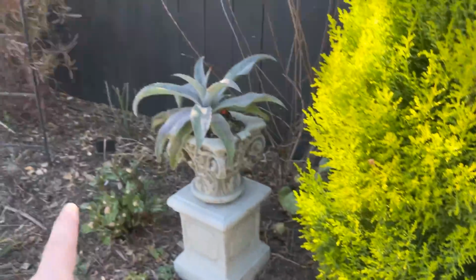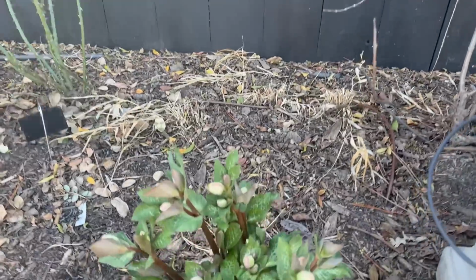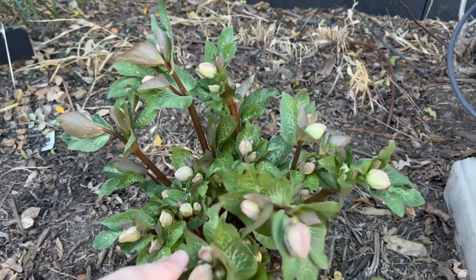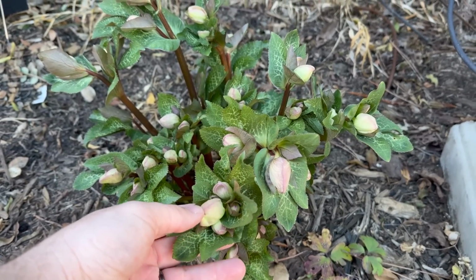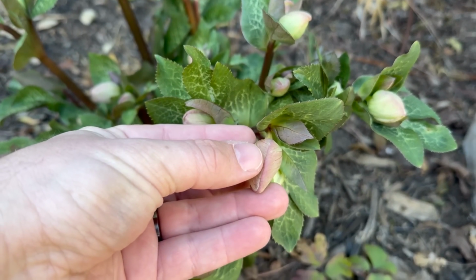And then I have this one over here. This is the big bloomer. This is the show off. No open blooms yet, but do you see how many blooms there are to come off of this thing? Isn't that so gorgeous? So this one is more of a white color, that's pretty much its true color